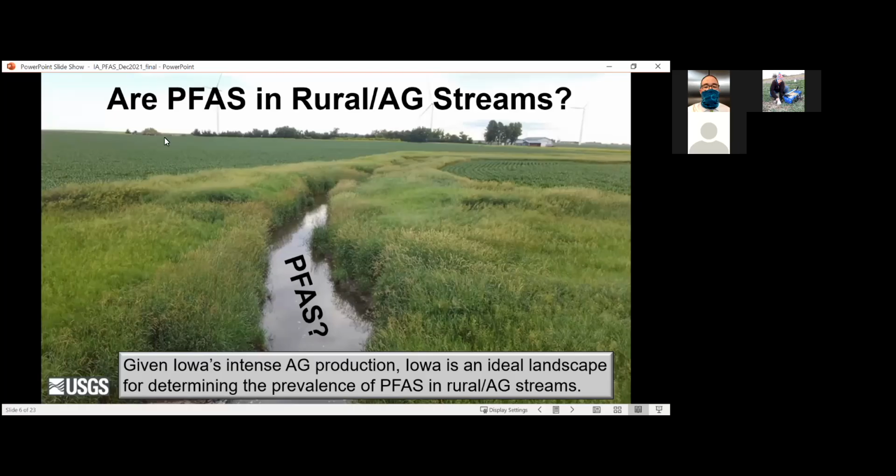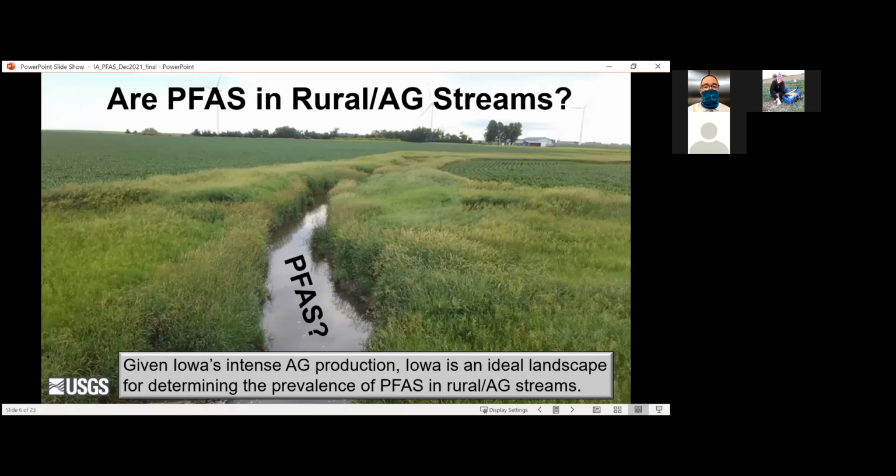So that kind of led me to thinking, okay, what are the levels of PFAS in these rural agricultural streams? We see these streams as we drive across Iowa all over the place. We have farming pretty much up to the banks of these streams, but we really don't understand, are there PFAS in these streams or not? And given Iowa's intense agricultural production, it's really an ideal landscape for determining the prevalence of PFAS in these rural